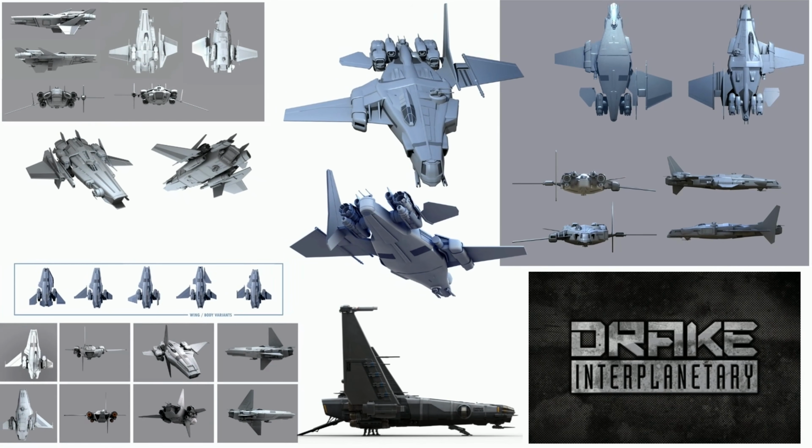Now here we have some of the concept images. This ship has gone through multiple phases, and I thought some of these actually look really cool. So the one in the middle, sort of top middle, I actually really like the look of that. It's a little bit square, a little bit bulky in places, but I kind of like the look of that middle concept they drew up there. But yeah, as you can see, it's been through multiple